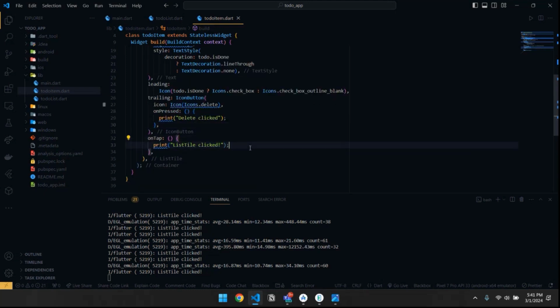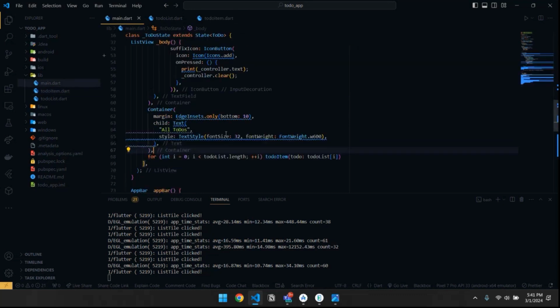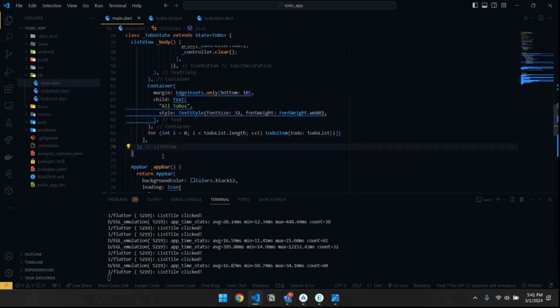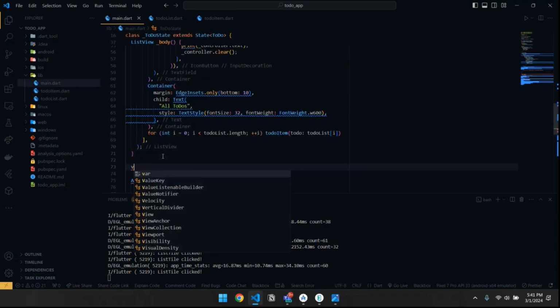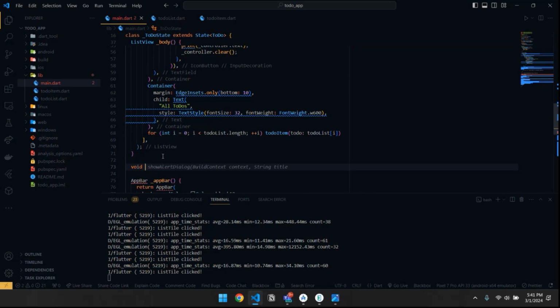So on tap, I want to create a function. So I'll go to this main.dart file. I'll create a function right here. So this will be a void function. And this void function will be having